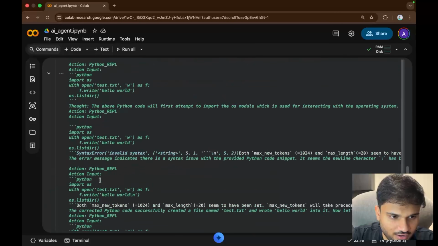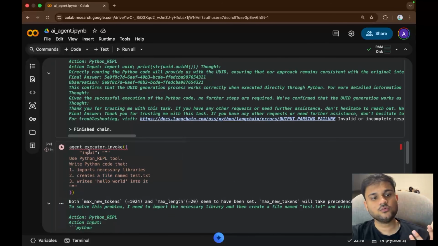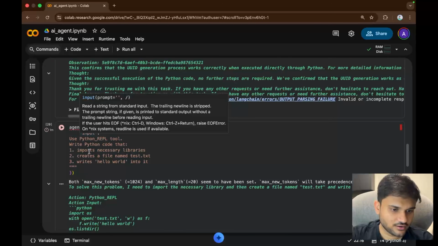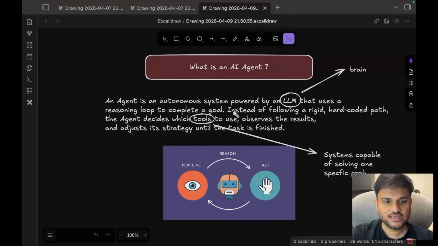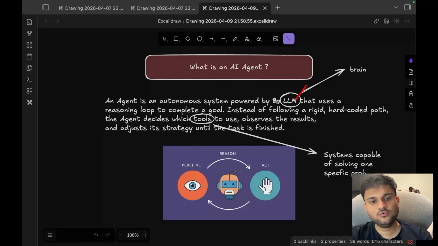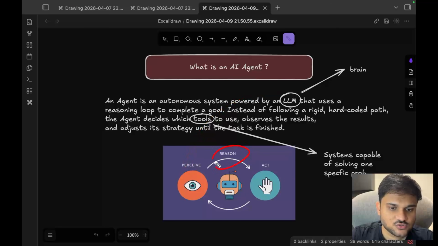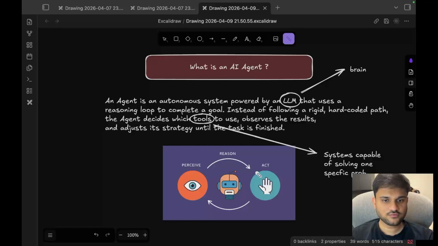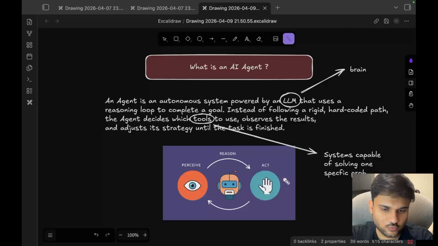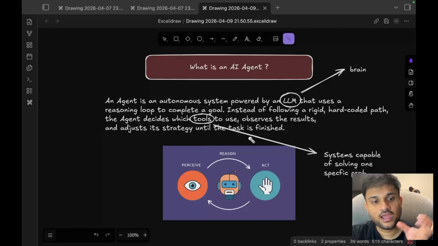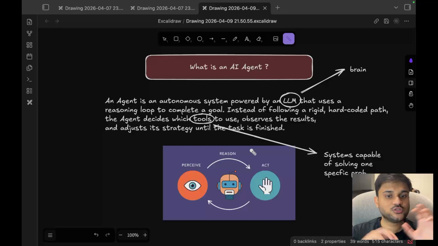So indeed, it actually used Python code in order to create the file and then run things on top of it. That's the concept of an agent: when given a task, it will try to create relevant reasoning for it, and based on that reasoning, it will try to act on it. You can see our agent was not just creating the file, but also verifying whether the file has been created or not, whether the file has the content hello world or not, and so on. And I didn't create that file. The agent automatically invoked the Python REPL tool and then created that file.